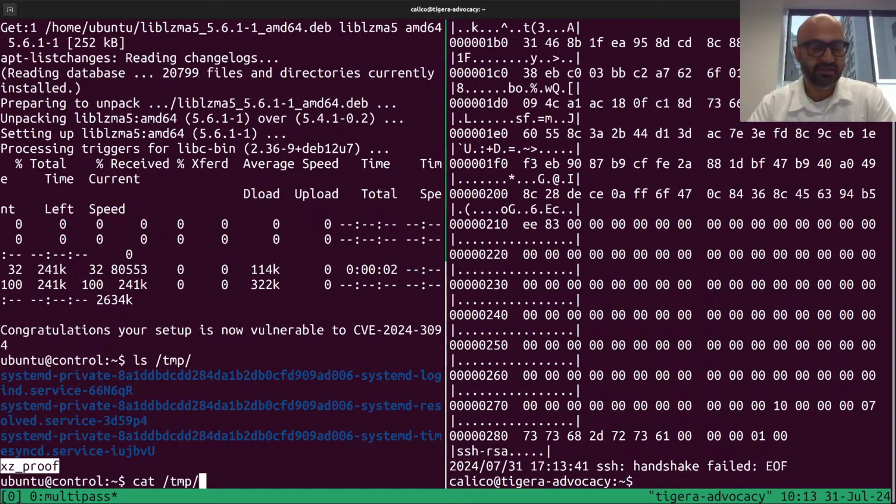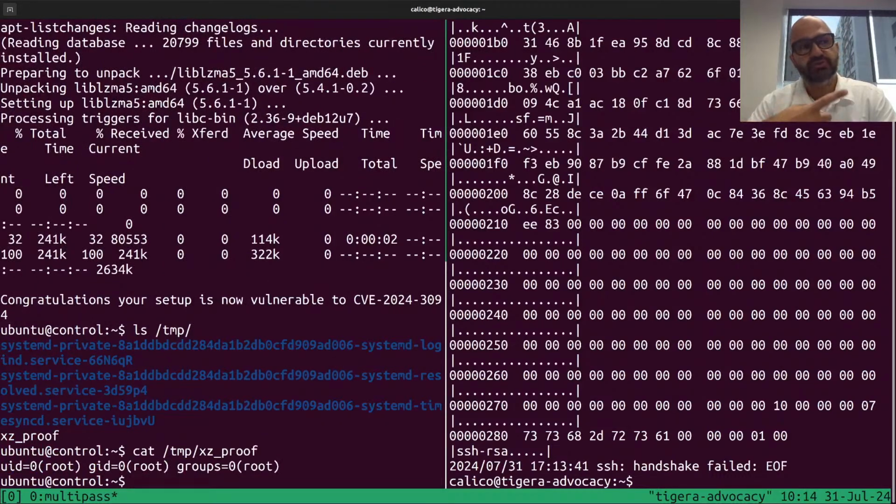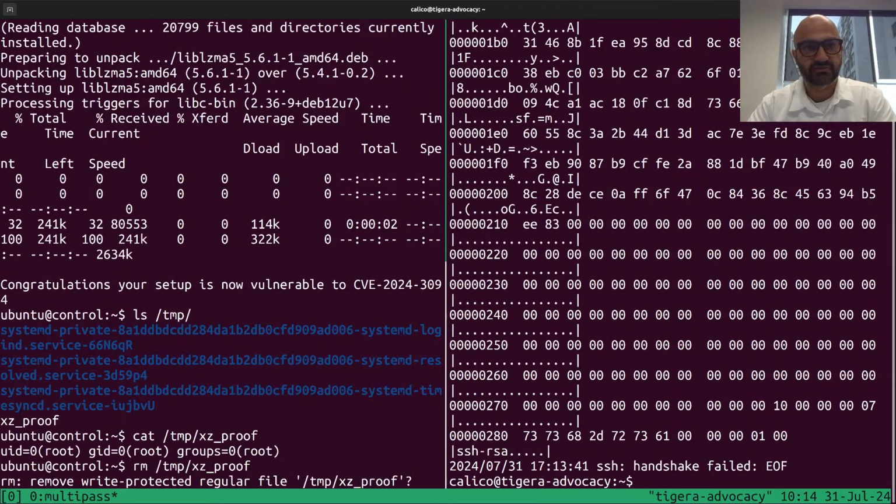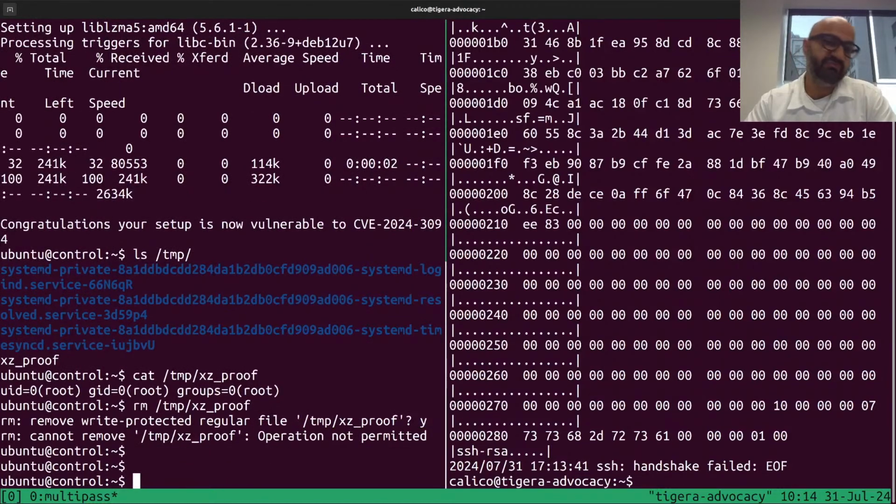Now, the funny thing is, at the moment, my user is Ubuntu, which is not root, but the attack was actually able to take advantage of that key and authenticate itself as a root user. So I can't even get rid of that file because, again, I'm not a root user. So